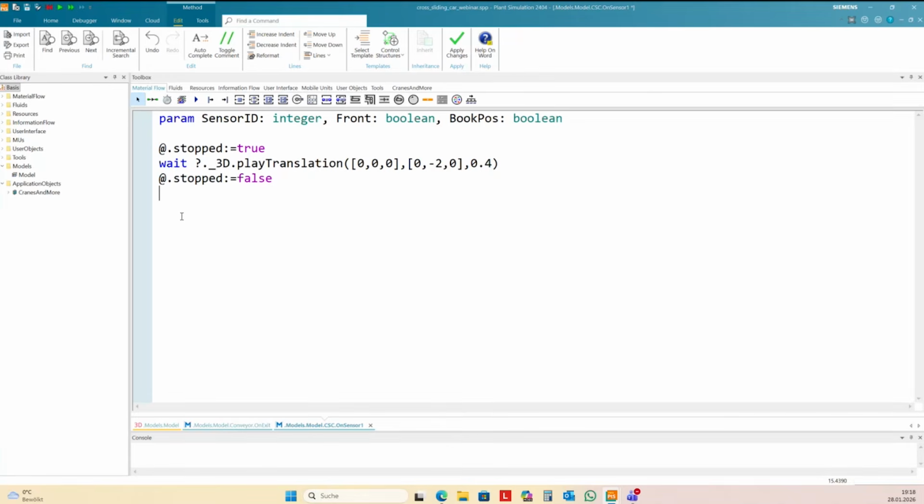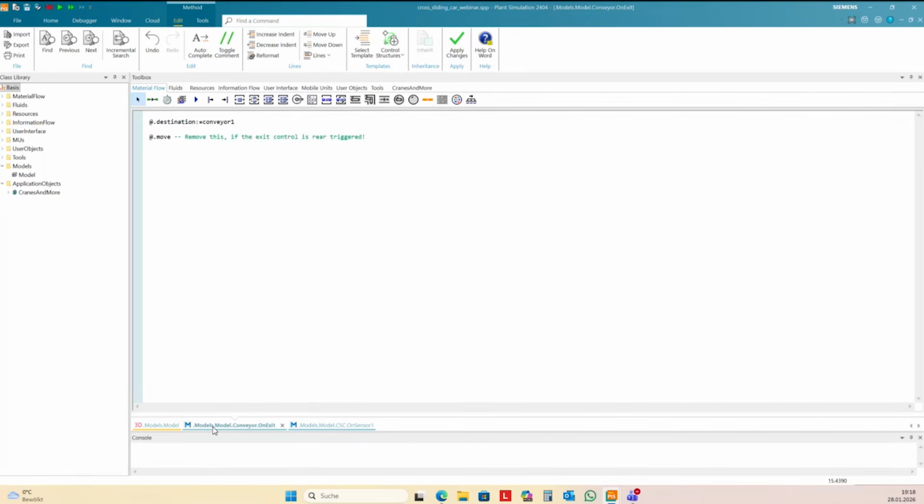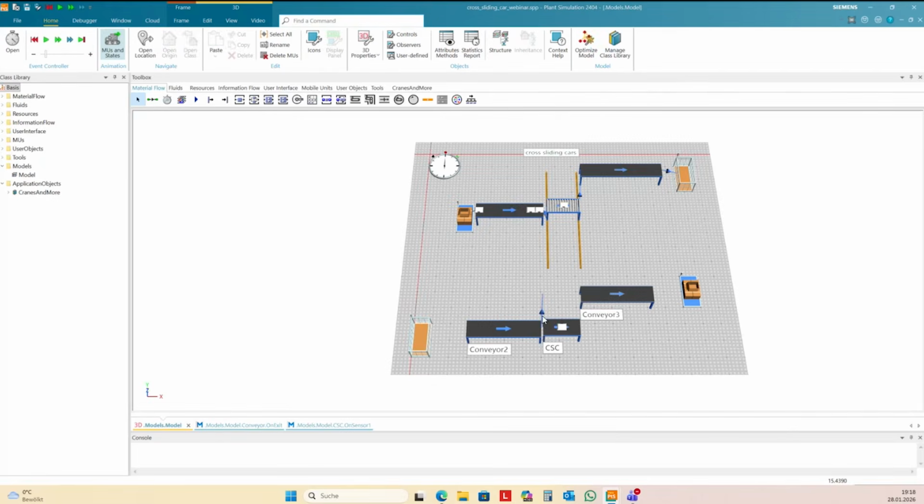If the part wants to move to the next element. Okay, I need to delete this, I guess. Okay.